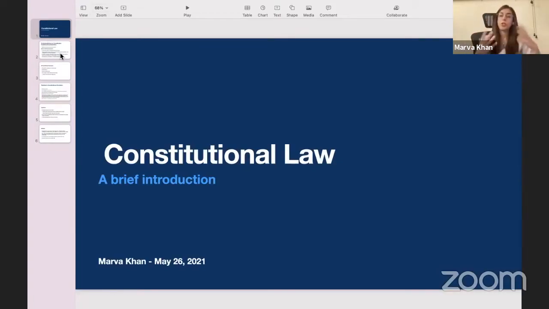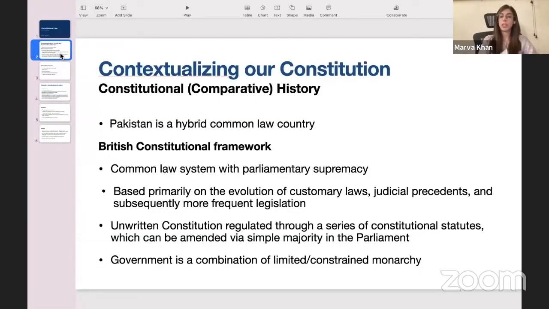So let's start off with a contextualization, right? Where does the Pakistani constitution come from? When you're looking at the Pakistani system, we're a hybrid common law country. I say hybrid because our current system reflects the pre-colonial systems that were in place. Some of the systems pertain to the Mughal era, some date even back to the Jirgas and the Panchayats, which predated the Mughal regime. And then of course, even post-partition, we've had a bunch of regime changes, the Islamization period during Zia. So you have a hodgepodge of different systems come together to make what the Pakistani constitutional system is today, right?